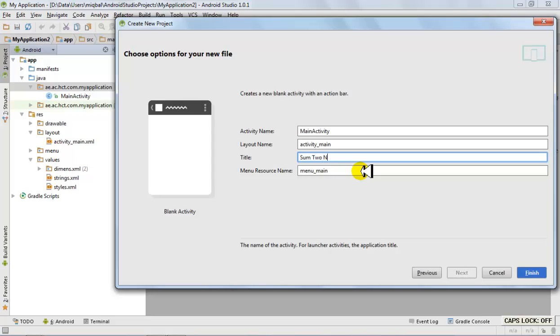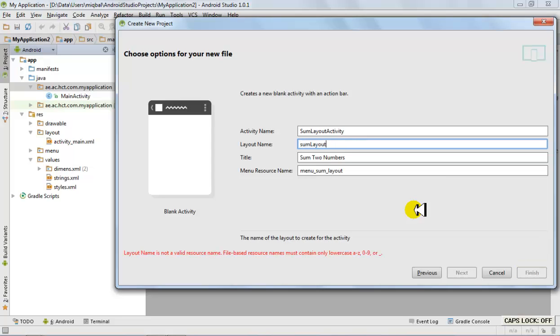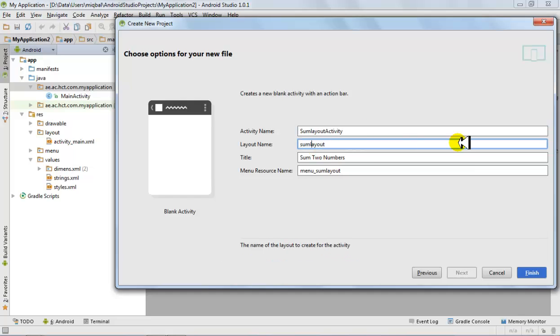Sum Two Numbers. Okay, and I can have a layout name which is not activity_main. It is my sum layout. So it's something like this. Okay, and then, yeah, so this is one thing. Just keep it smaller, and your activity name can be anything else, but no space. Sum layout